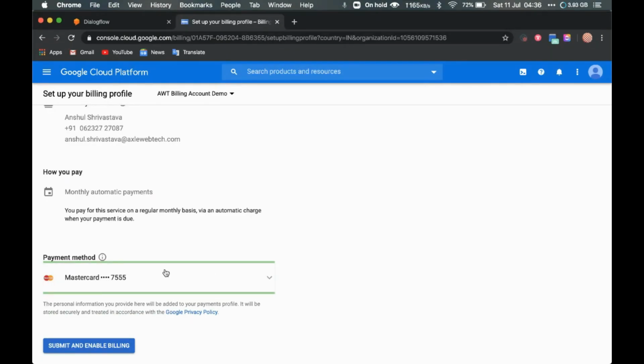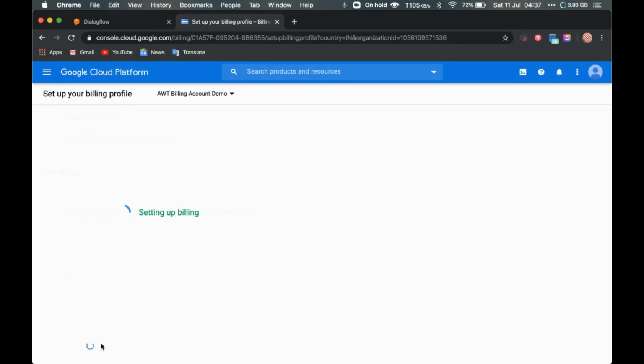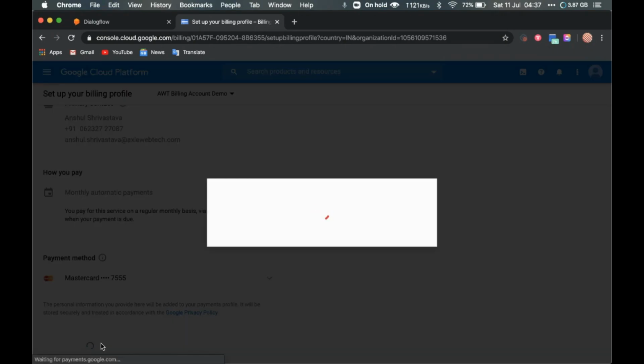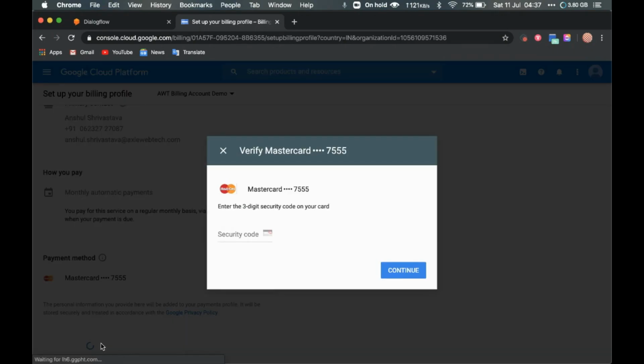It will ask for your credit card details like card number, PIN, and expiry date. Once you have filled in all the details, just click on submit and enable billing. It will ask for a security code.